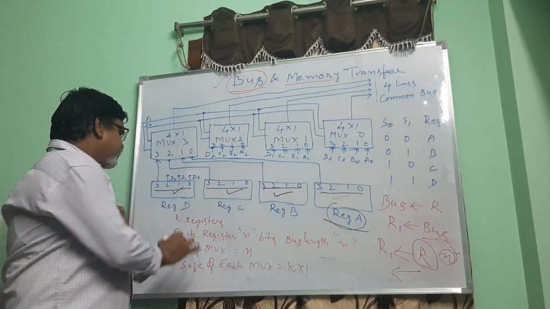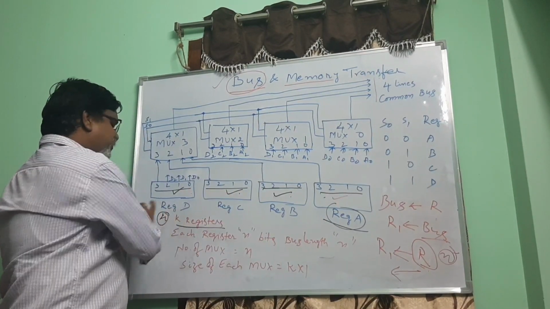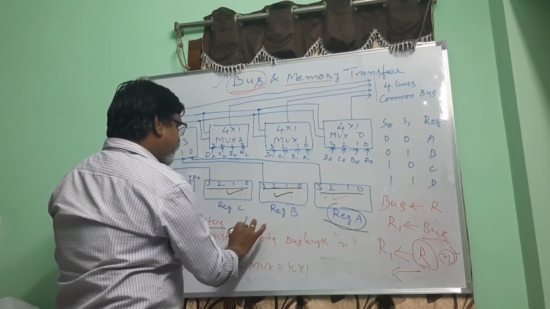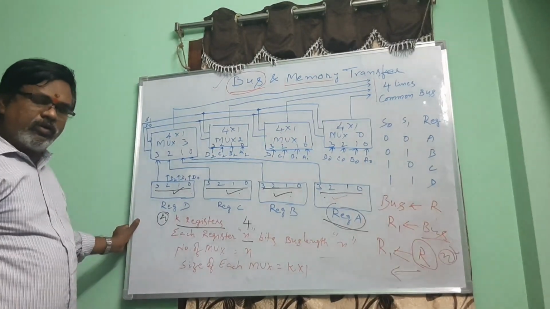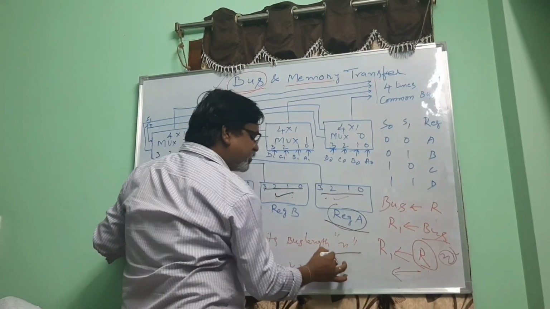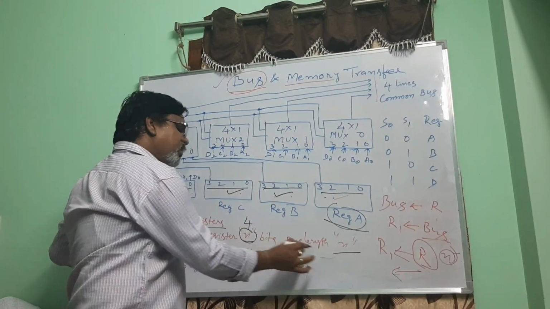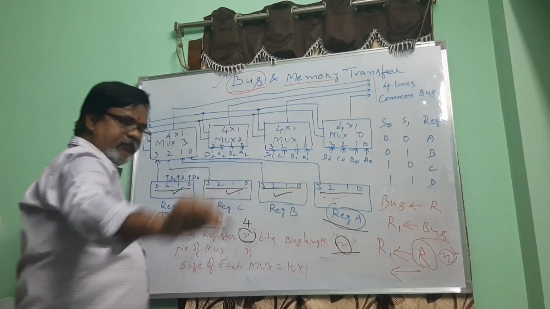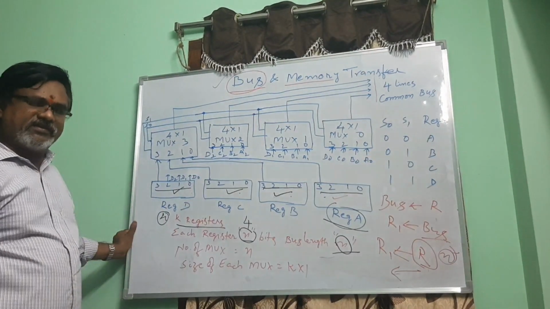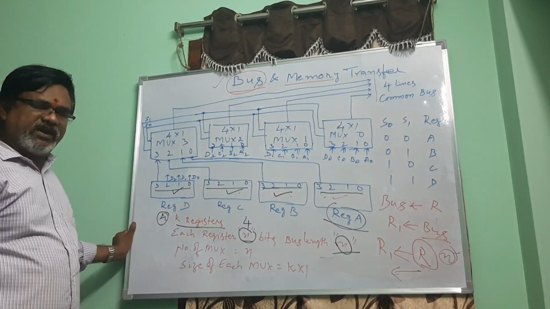As you know very well, if there are k registers, here registers 1, 2, 3, 4, and each register has a size of n bits, in our example the size is 4, meaning each register contains 4 bits. So the bus length you need is n. That much length of bus you require. If all the registers of your computer are 8-bit registers, an 8-bit bus line is enough. Or if all the registers in your computer are 16-bit, a 16-bit bus line is required.